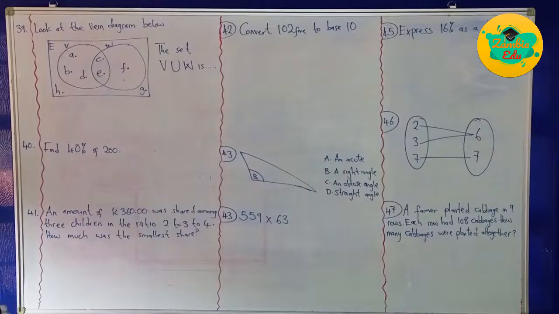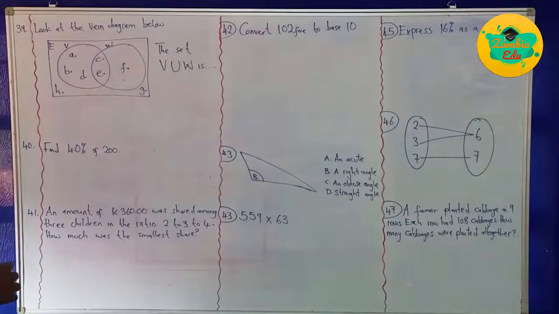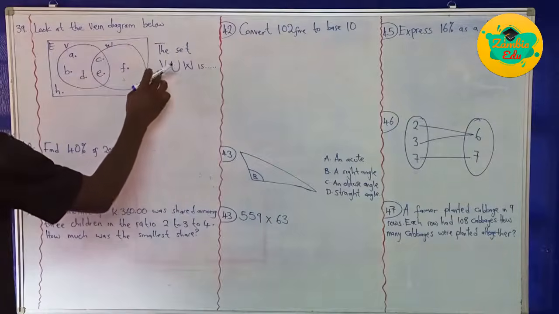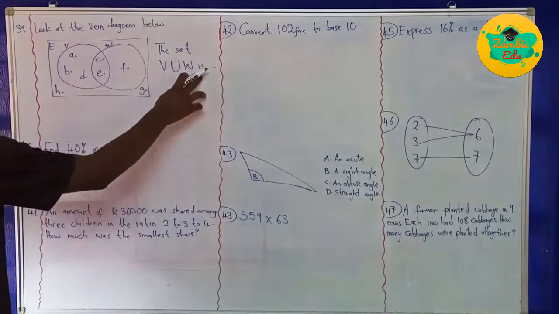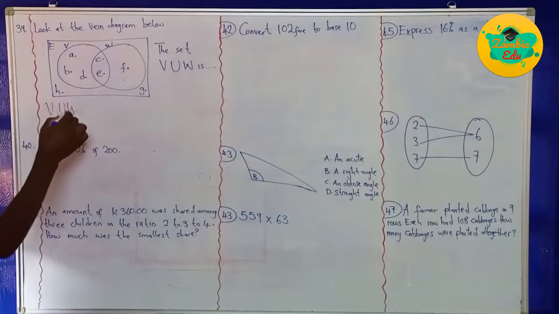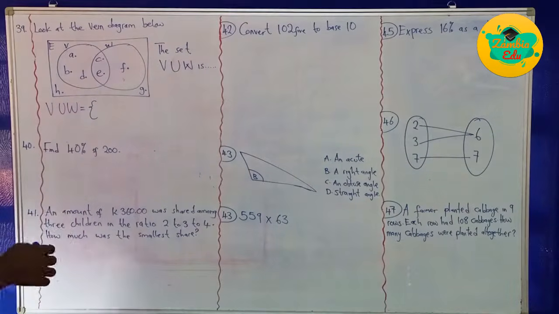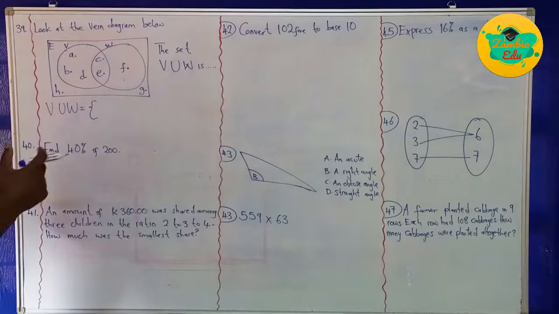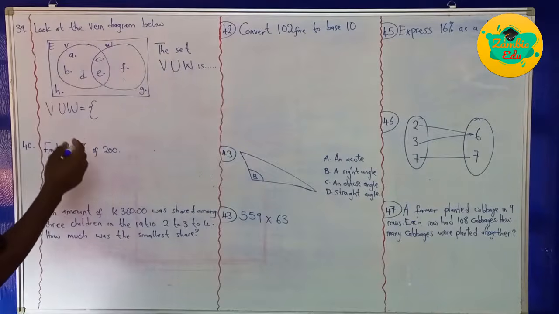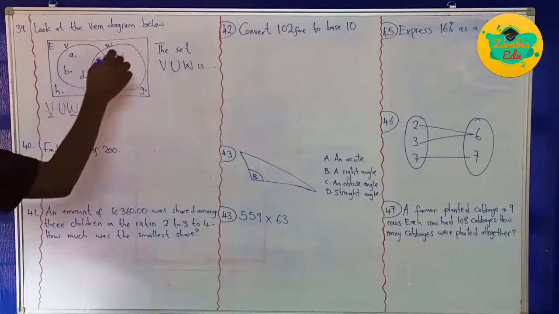Question 39. Look at the Venn diagram below. So we have our Venn diagram under consideration there. And the question says the set V union W is dash. So now they want us to find set V union W in this way. So it should be equal to, so when they say union, they want you to list all elements under consideration in both the sets that you are looking at. So we consider V and W there,